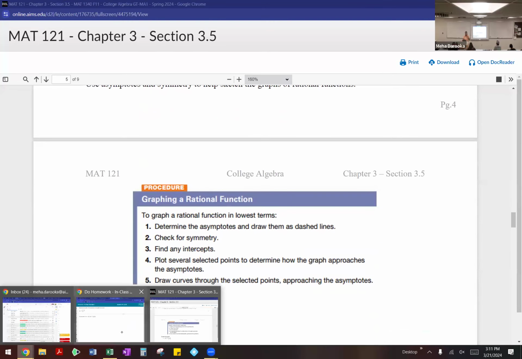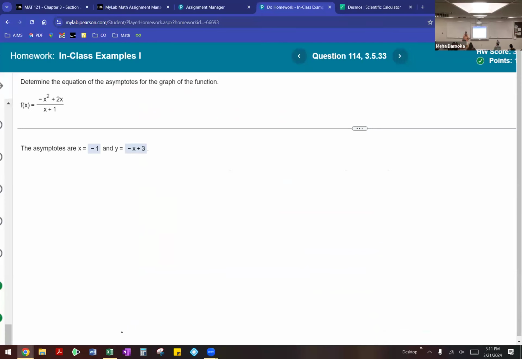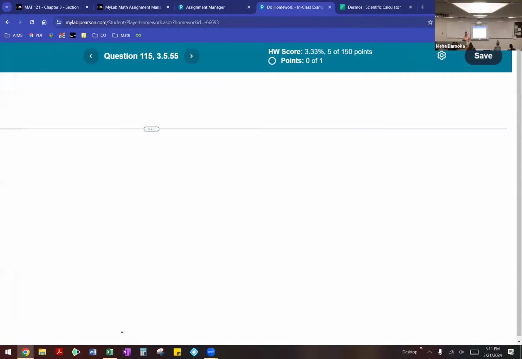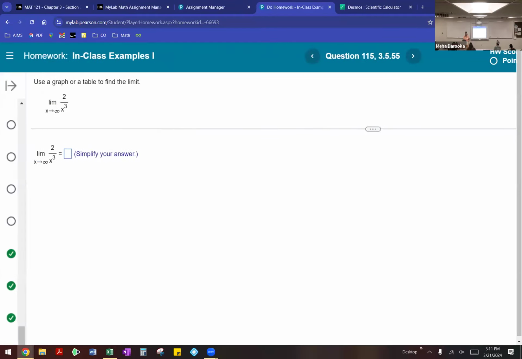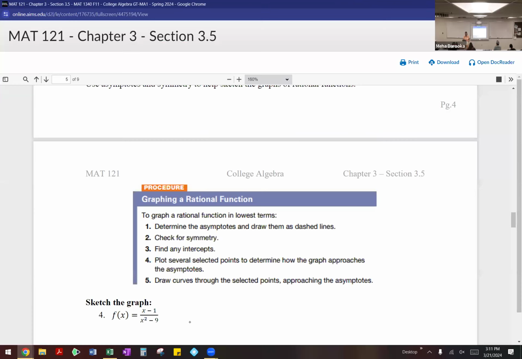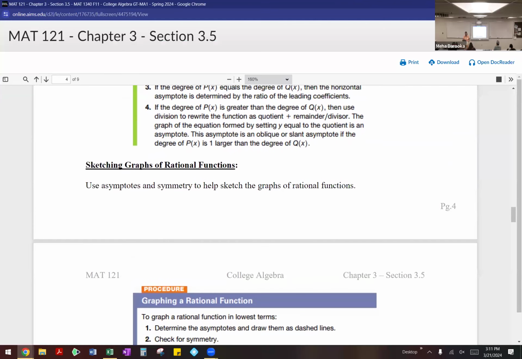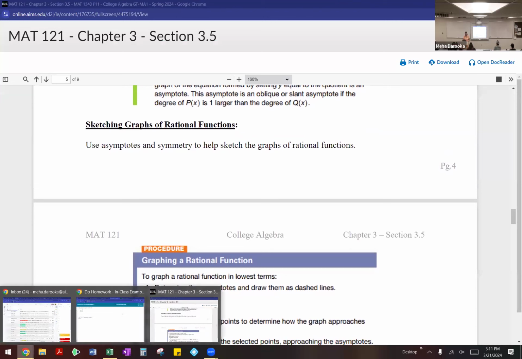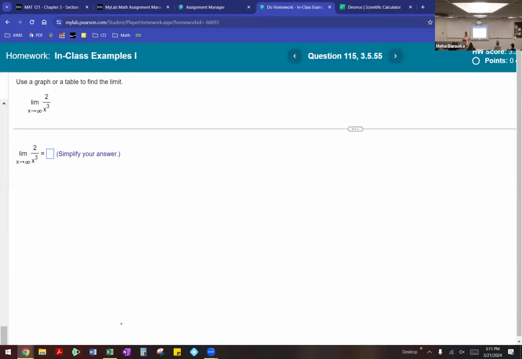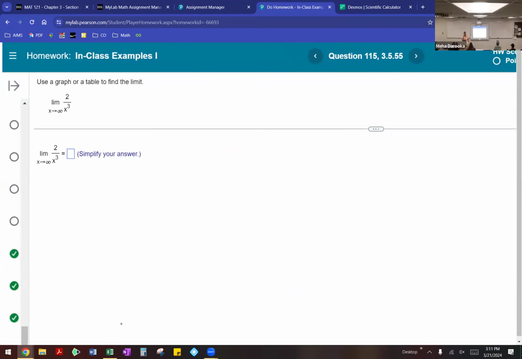Let me see if I have another example of this. Find the limit, okay, this one's actually asking you to find the horizontal asymptote. So recognizing the question might be important, because remember when we had done,